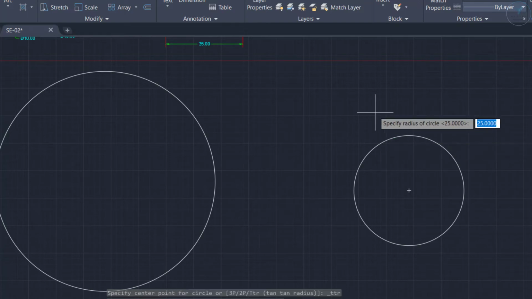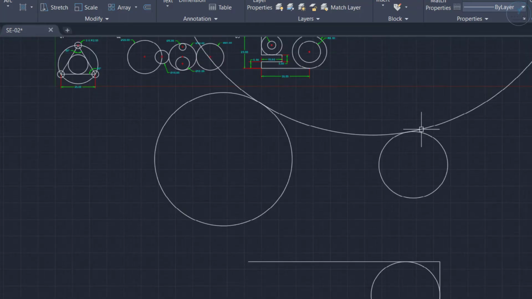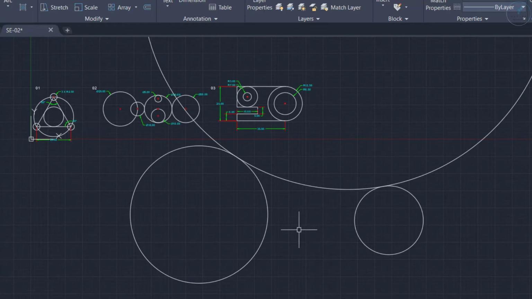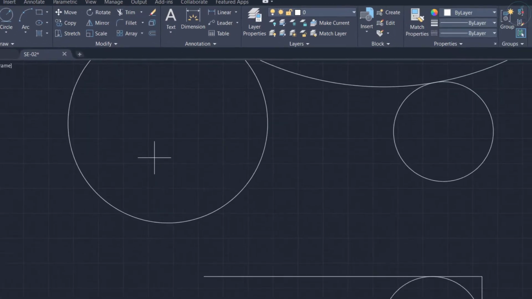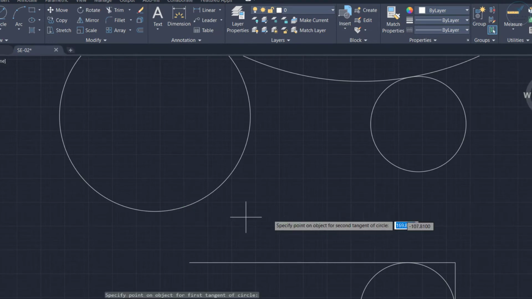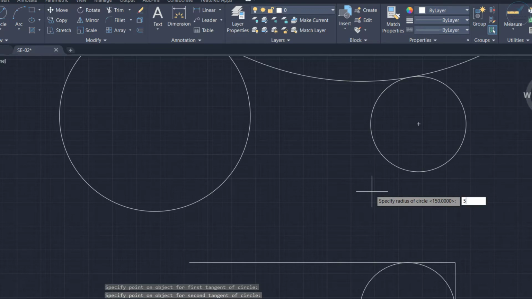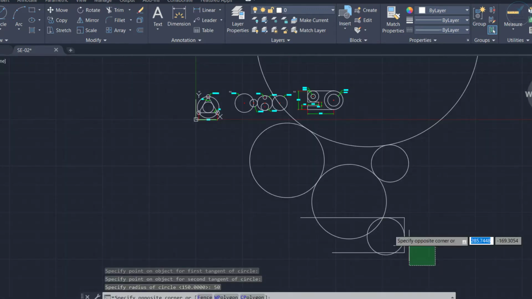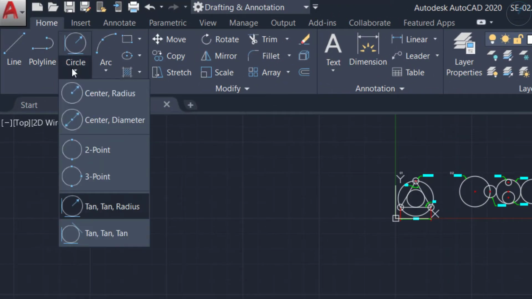Consider I'm giving 150. Now a circle has been formed and it is touching tangentially here and here. The same, suppose you need below, same option, tangent radius, then click on this. Suppose I'm giving 50, like this it is forming. Like this way we can create a circle with this option, tangent radius.